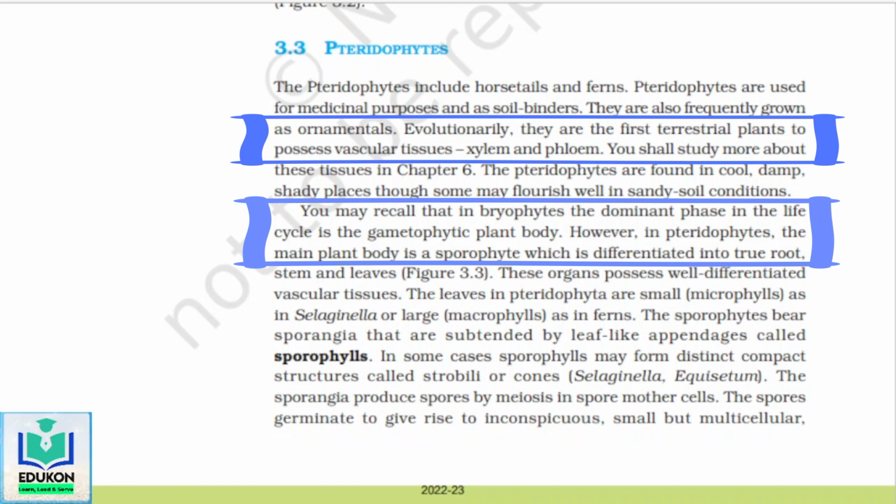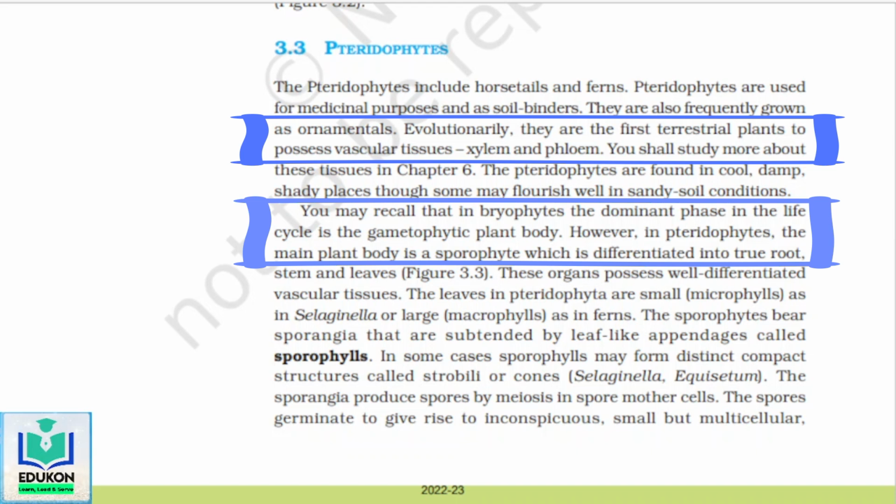In Pteridophytes, the main plant body is a sporophyte, which is differentiated into true root, stem, and leaves, which we don't have in bryophytes. These organs possess well-differentiated vascular tissues. The leaves in Pteridophyta are small microphylls